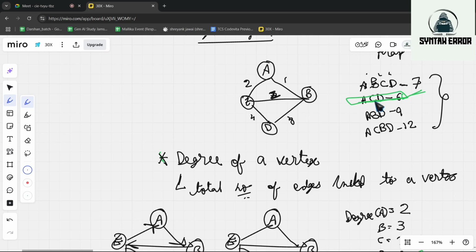This path will become the answer, because here we will cross through B also.